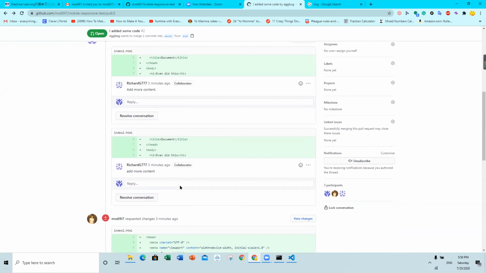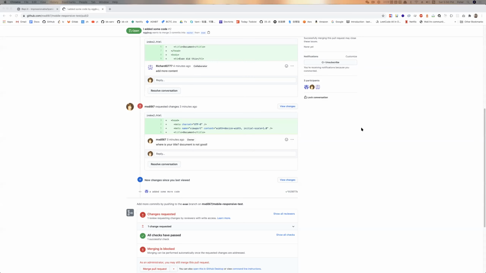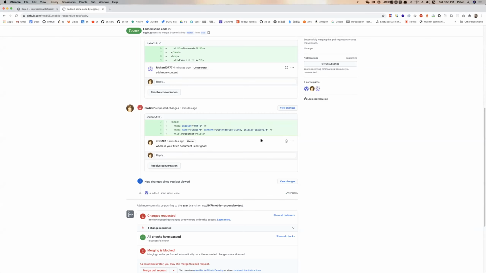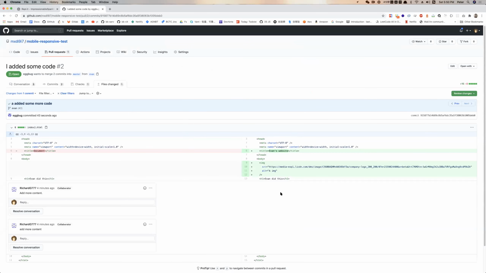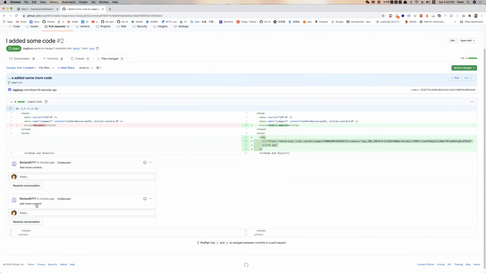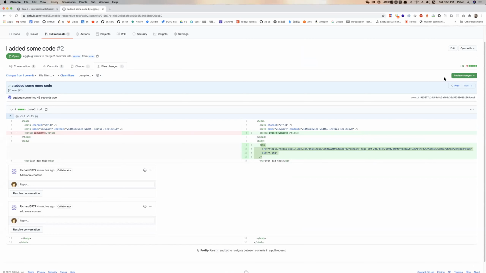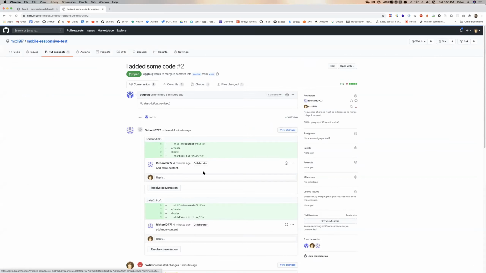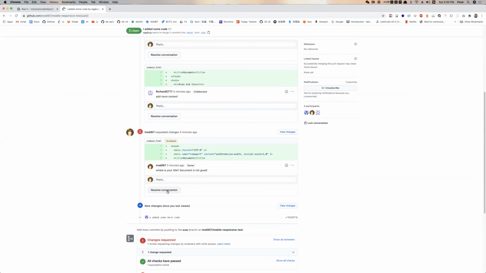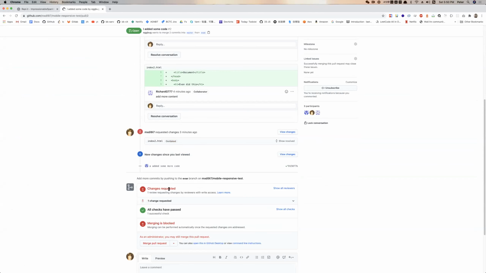How did I do that? I'll show you, okay? So this is my screen. If I like what I'm seeing, I can click here. This is the commit that Evan made. I can click here and see what Evan changed. So Evan added Evan's website and an image in his latest commit. Okay, I like that. I can resolve my comments. I can resolve my conversation. So I can just click on resolve conversation and that's over, okay?